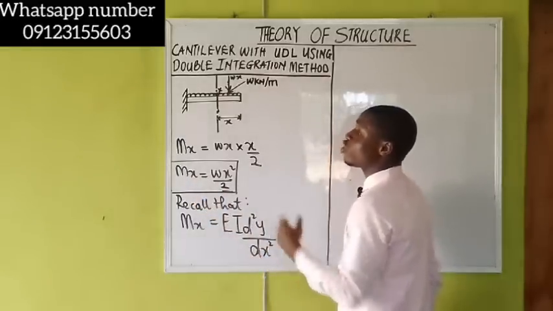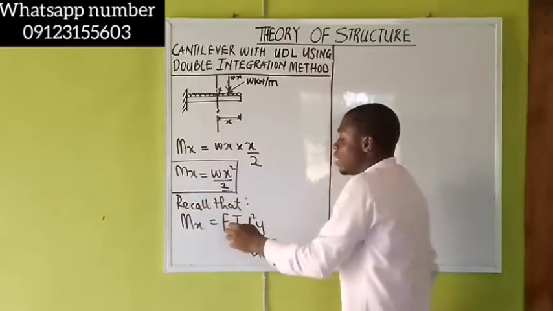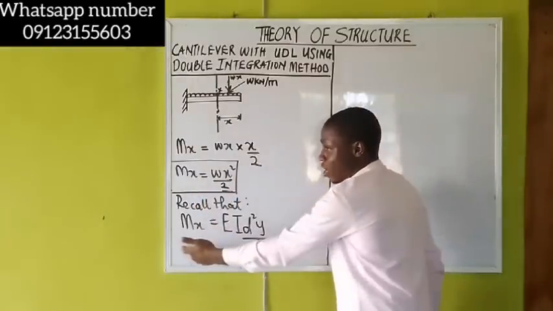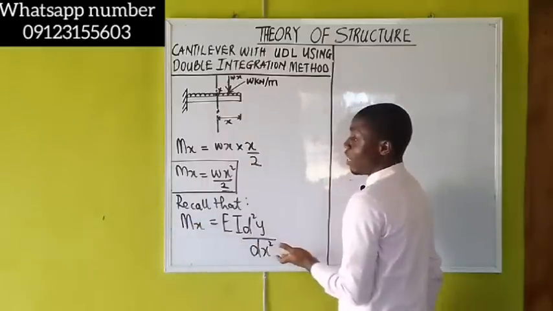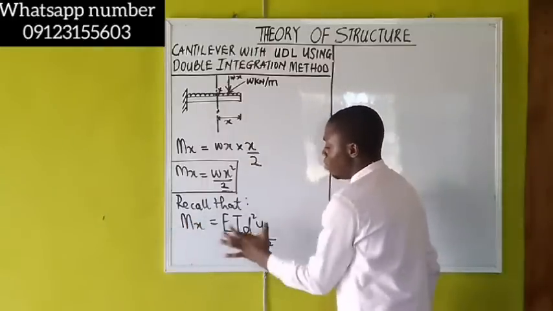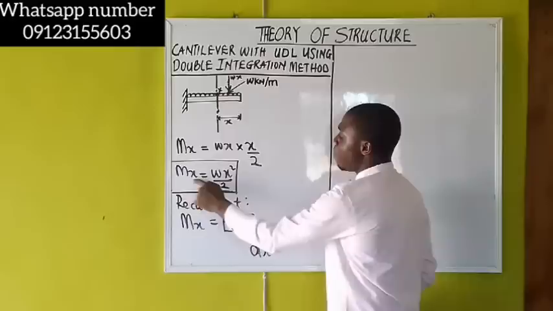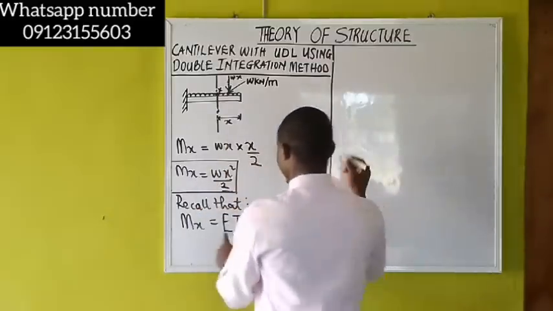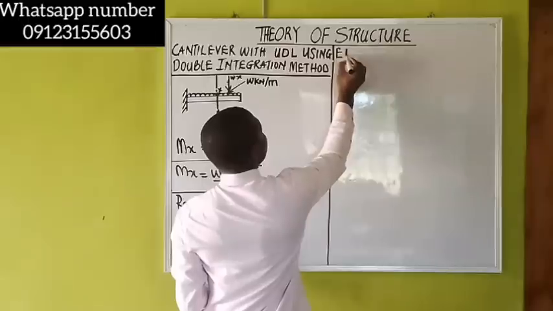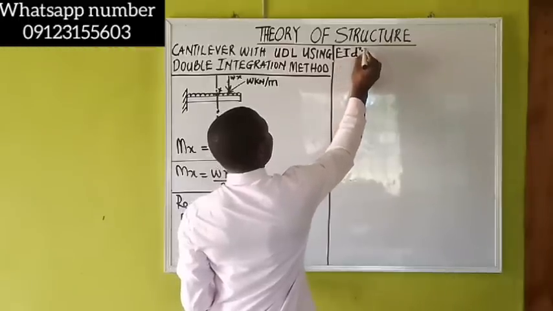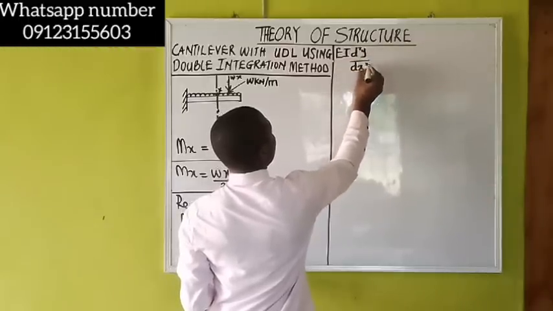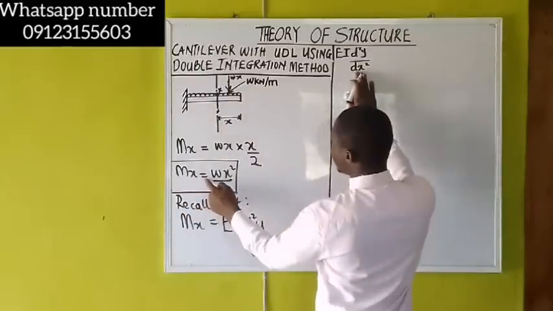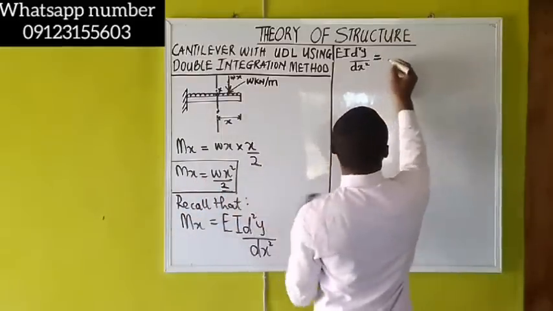Because if I'm saying something is equal to something, it simply means that all this value can represent Mx. Also, Mx can represent all this value. So I want to ignore Mx now and replace it with this value. That becomes EI d squared y over dx squared. This Mx is equal to wx squared